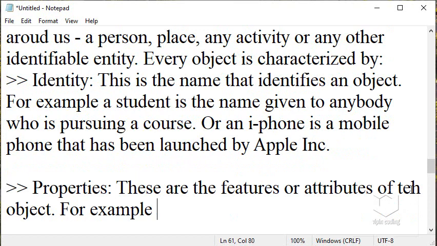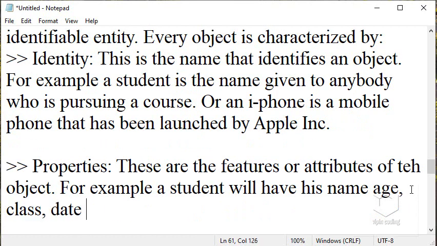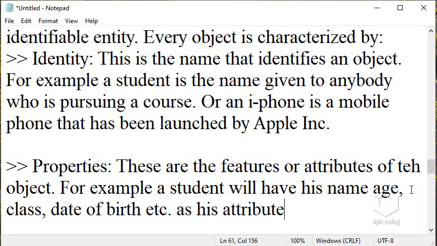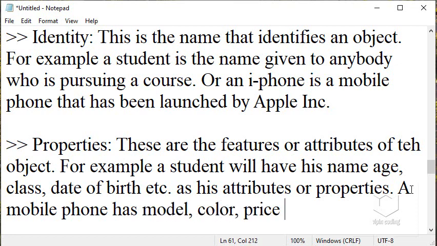For example, a student will have his name, address, class, date of birth, anything, etc. as his attributes or properties. Okay, a mobile phone has model, color, price as its properties. Okay,